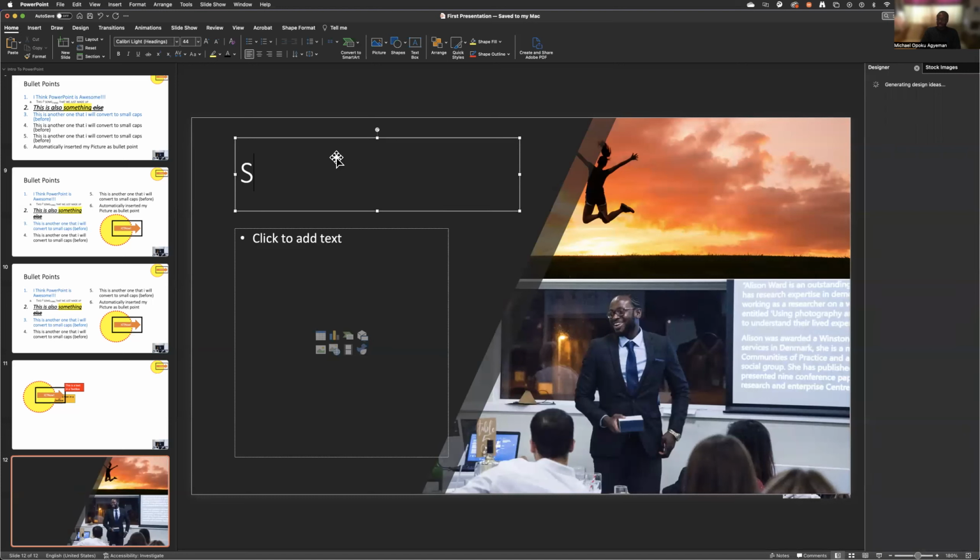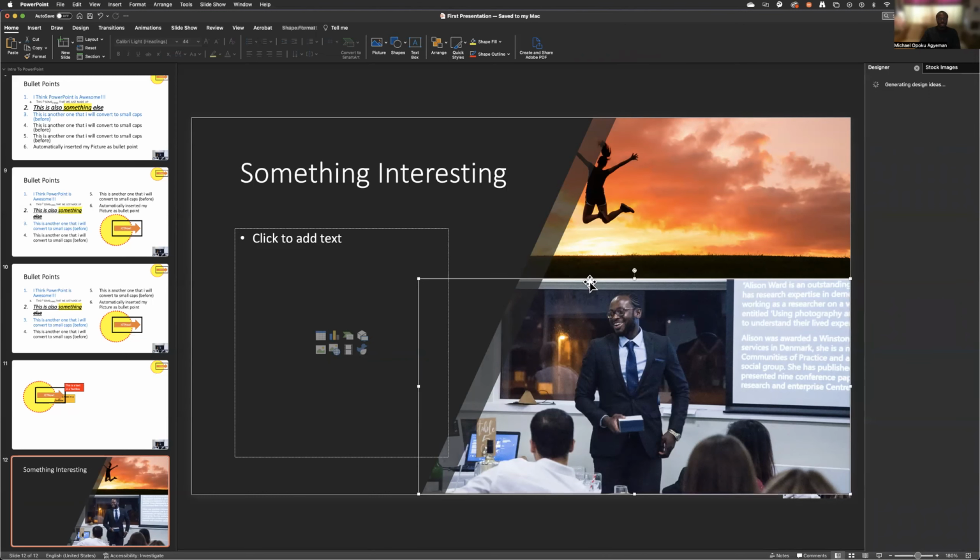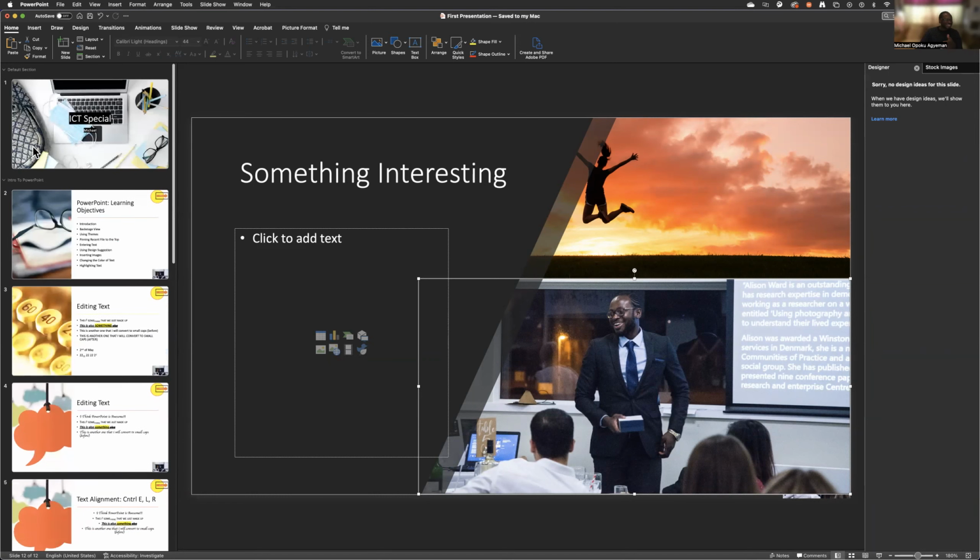The whole thing has frozen, just bear with me for a second. So, something interesting. Let's say on the home button, we've gone all the way to the end. We want to start showing our presentation a little bit. At the moment, we're going to do a bit of slide transition and other things, but I'll stop